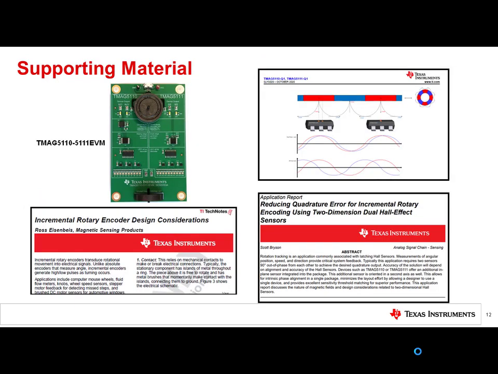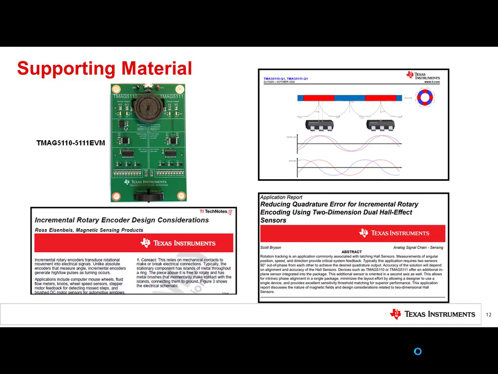Again, we encourage you to explore the various materials we have available on TI.com regarding incremental rotary encoding using 2D latches. First, we have the TMAG5110 5111 EVM with LED displays showing the output of both the TMAG5110 and TMAG5111.